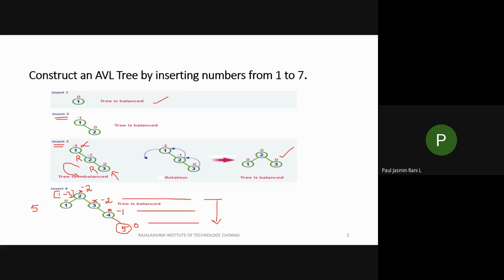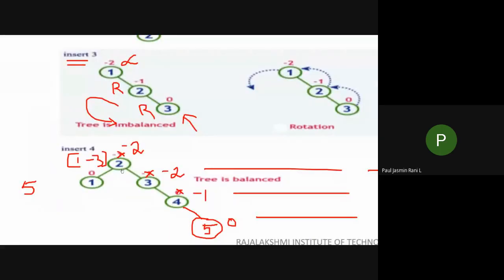Okay, so now you see that in this case you have 2 alpha nodes, isn't it? 3 is also an alpha node as well as 2 is also an alpha node. If this is the case, then you have to give preference to the child. When you have 2 nodes that happen to be alpha nodes, first you perform a rotation for your child node 3. If it is okay, then you keep it as it is. Again, if it does not satisfy your AVL tree property, then you go for your parent node. Okay, I hope you follow.